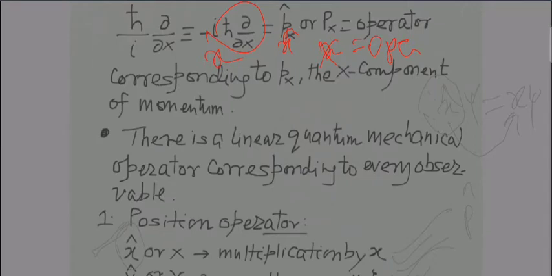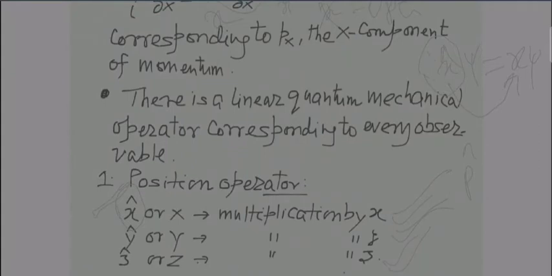Okay, so now over here, if the position operator is in the x direction, it simply means multiplication by x. If it is in the y direction, it simply means multiplication by y. If it is in the z direction, it simply means multiplication by z. Okay, now